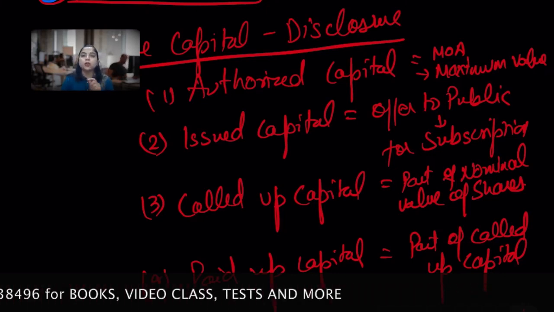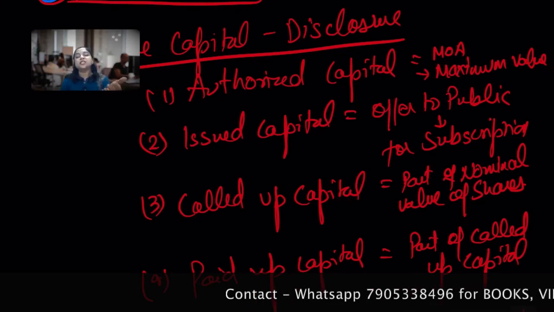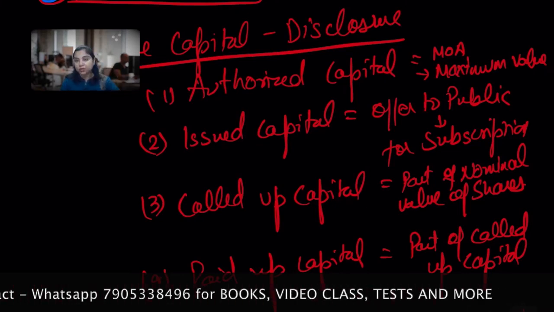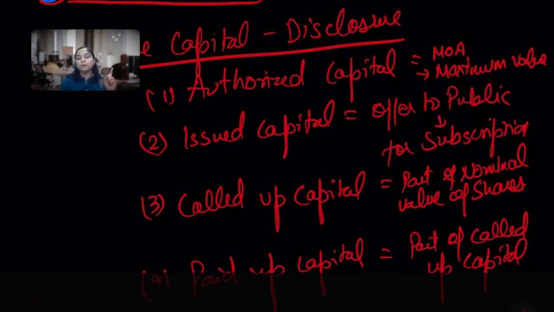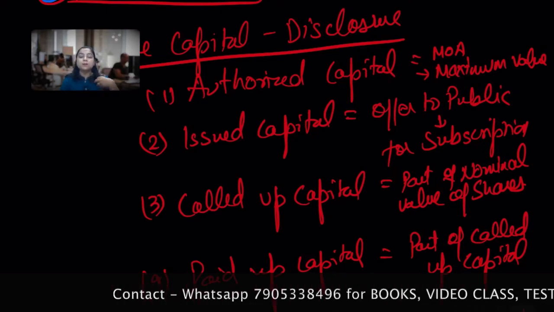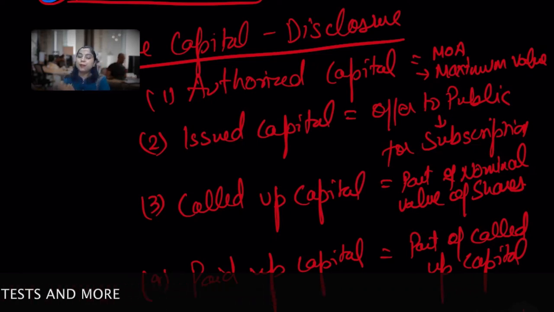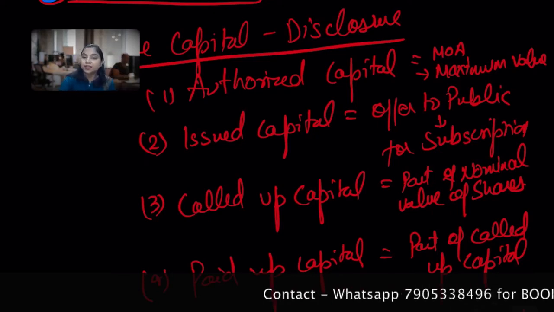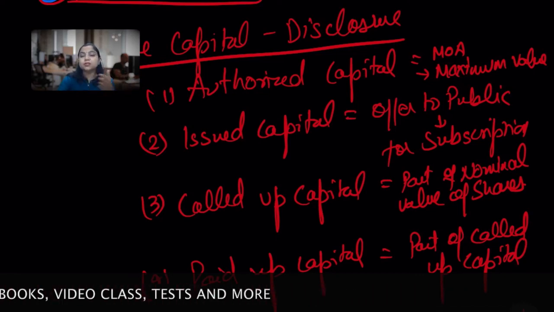कॉल्ड अप कैपिटल क्या है? कॉल्ड अप कैपिटल ये जो नॉमिनल वैल्यू है शेयर्स की, जिसे कंपनी ने बोला कि भाई 10 रुपये नॉमिनल वैल्यू, तो बोला कि भाई चलो 5 रुपये के हिसाब से तुम पे कर दो। तुम कौन, शेयर होल्डर को बोला कंपनी ने। ठीक है, तो ये कॉल्ड कर लिया, बुला लिया कि पे कर दो। और पेड अप कैपिटल क्या हो गए, ये वो कैपिटल है कॉल्ड अप कैपिटल की, जिसे कंपनी ने शेयर होल्डर को बोल दिया कि तुम पे कर दो। और पेड अप कैपिटल मींस जो शेयर होल्डर ने पे कर दिया। ठीक है, अनकॉल्ड अप क्या होता है, जिसको अभी कंपनी ने कॉल्ड नहीं किया, ऐसे अनपेड अप कैपिटल हो गए। ठीक है, so how is the disclosure requirement?